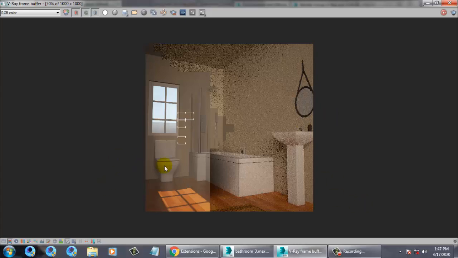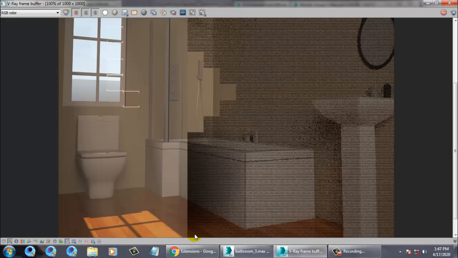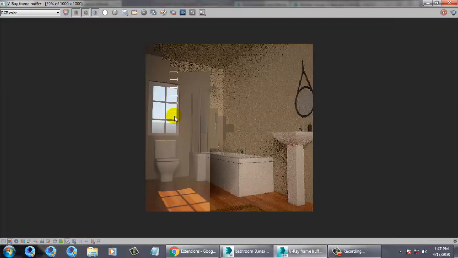Yes, so you can see this. Still we can increase it, a bit of volume. Because of the glass also, the volume light decreases a bit.